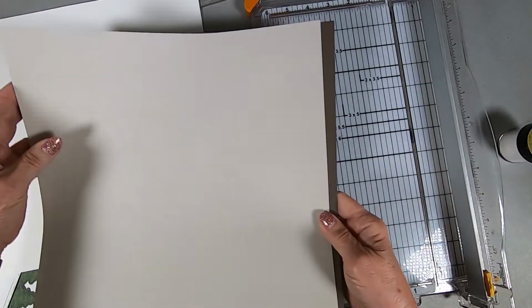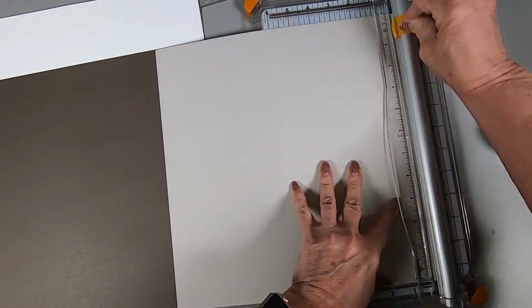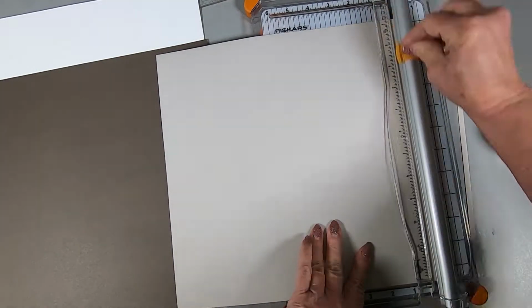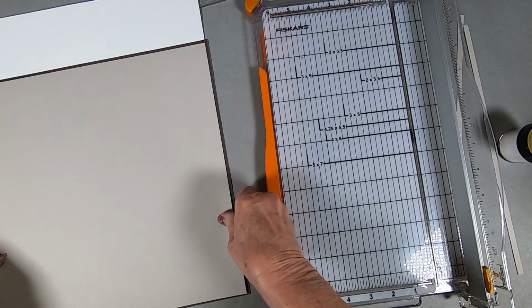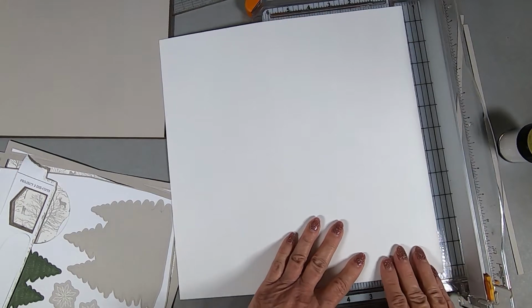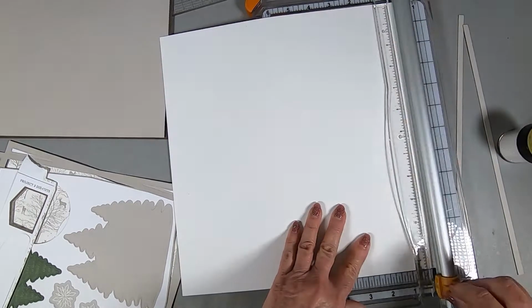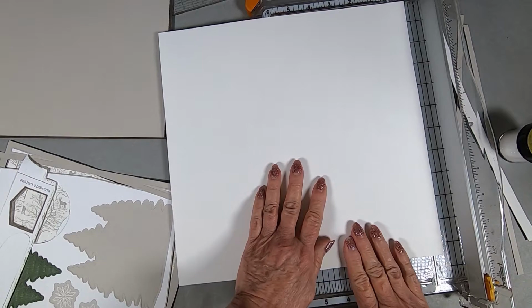And on the mink, all I'm going to do is cut off 1/4 of an inch on 2 sides. So that gives me, you know, like 1/8 of an inch showing the darker brown, the espresso or whatever I just said. And on the French white, I'm going to take 1/2 an inch off. So that will allow the mink to show through the same amount